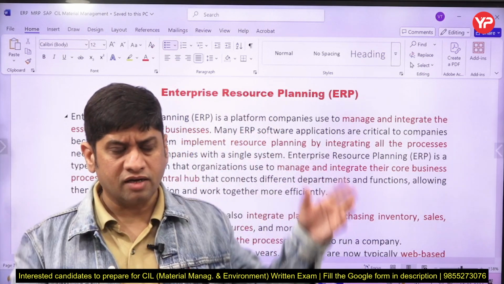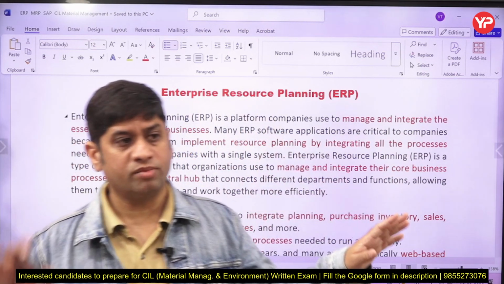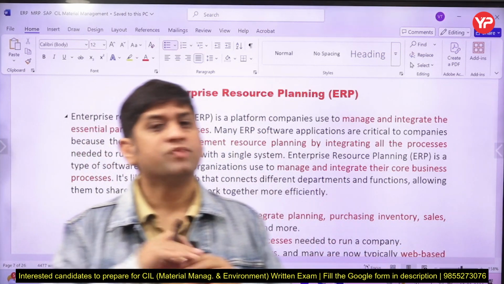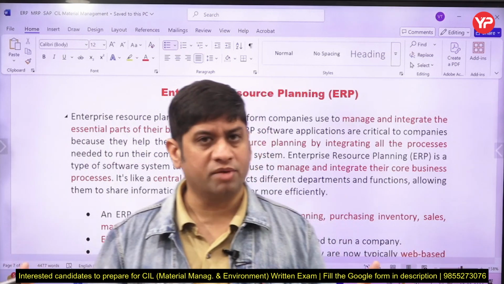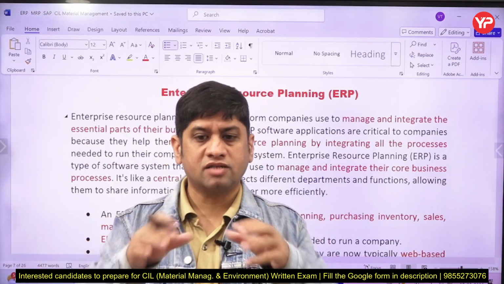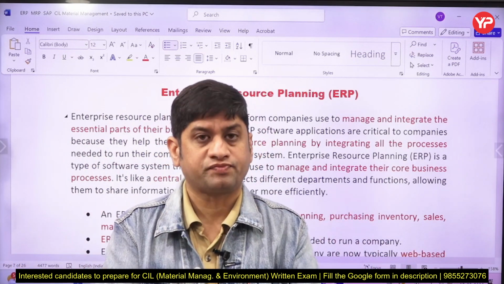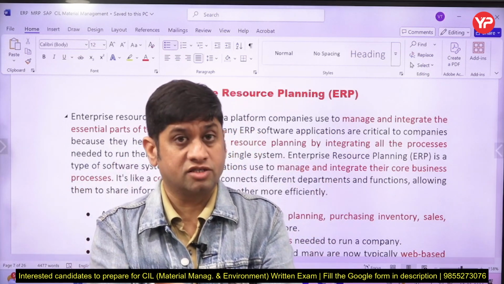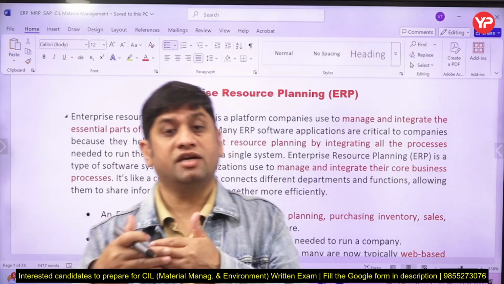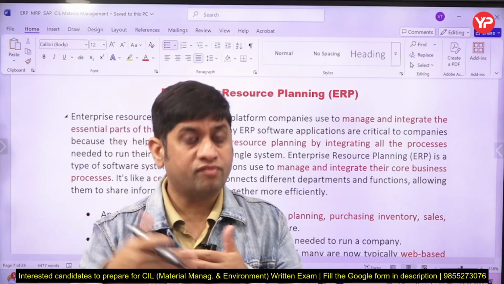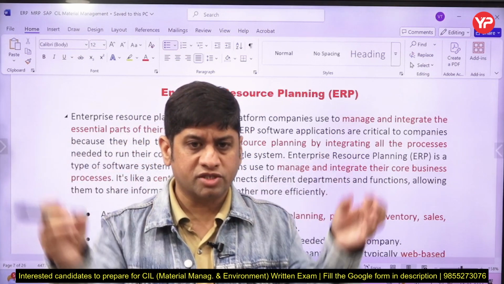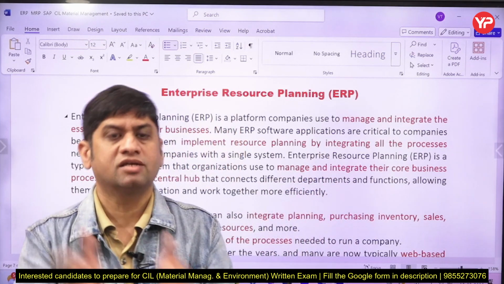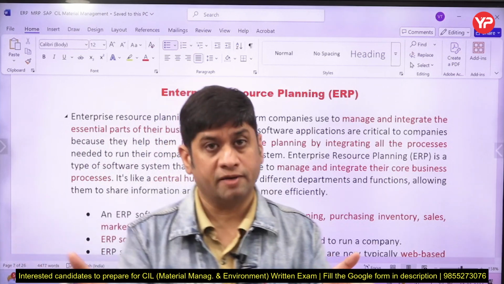So if in the entire organization, let us say there is an HR department, a finance department, a marketing department, a sales department, a production department, a customer relation department, so many departments. Now suppose there is a centralized information system. So information of all the departments is kept at that centralized system, so that every department gets integrated, and that will help further coordination. हर डिपार्टमेंट की इंफॉर्मेशन को मैं एक जगह पे रख दूं, इफ आई कीप द इंफॉर्मेशन ऑफ एवरी डिपार्टमेंट एट वन प्लेस, उसको ERP बोलते हैं। वो एक सॉफ्टवेयर है, दैट इज अ सॉफ्टवेयर।